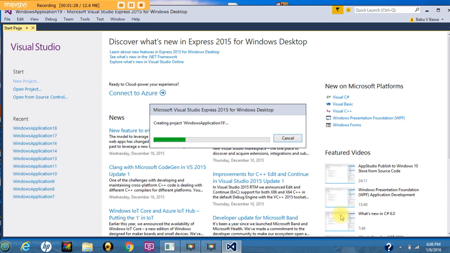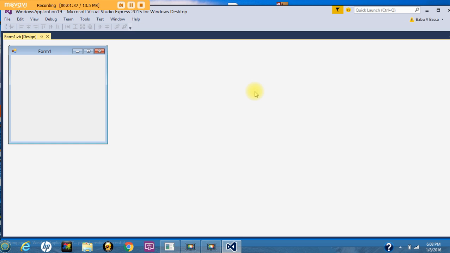We have to wait a little bit. My computer is slow and the program itself, the Visual Studio itself is slow. Okay, now we have the blank design form here,